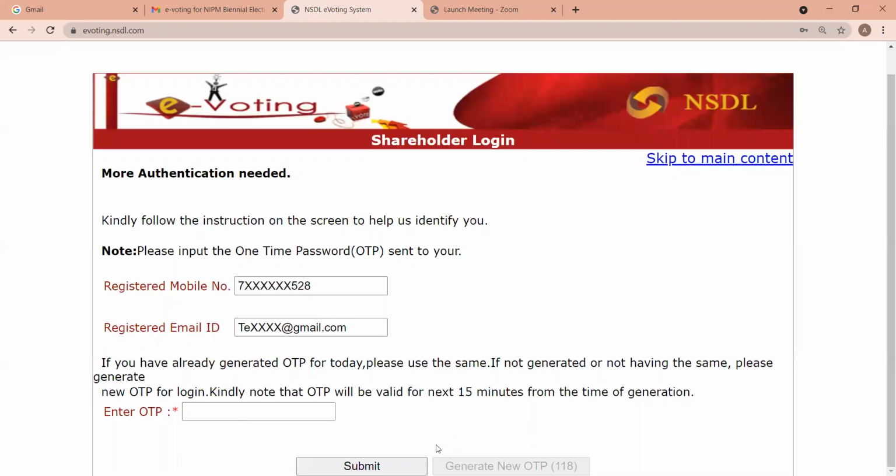After clicking on this login, I will receive OTP on my mobile number and my email ID.